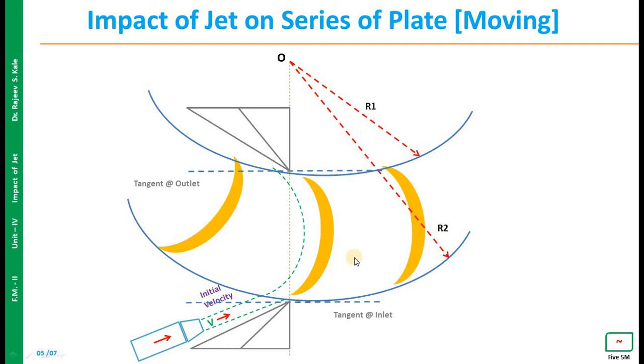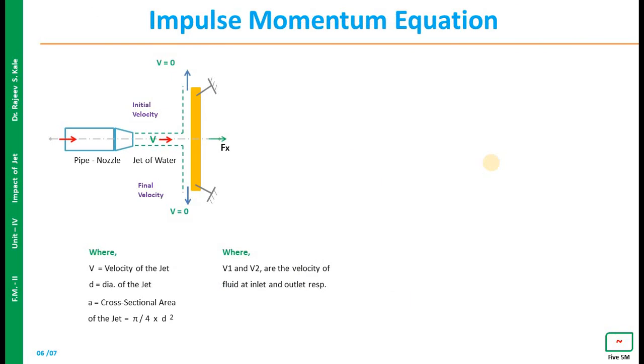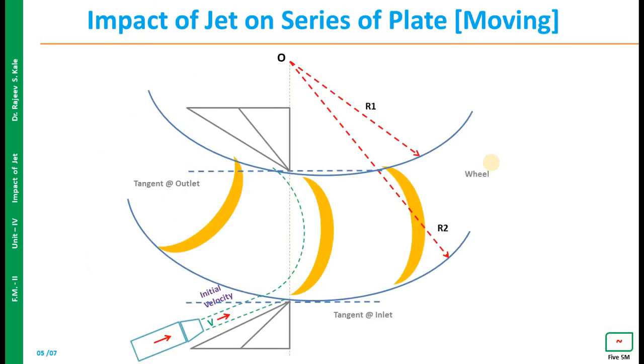So the situation for fixed plate, next for moving plate, and this is the application of moving plate with n number of blades attached to the wheel. So we have to take all these things in detail in the subsequent sections. Clear? So there are total 11 situations or